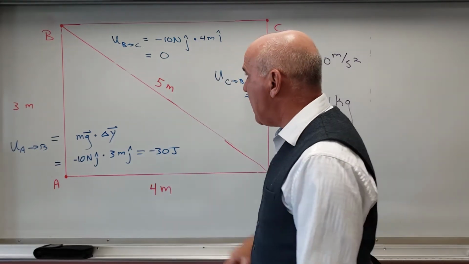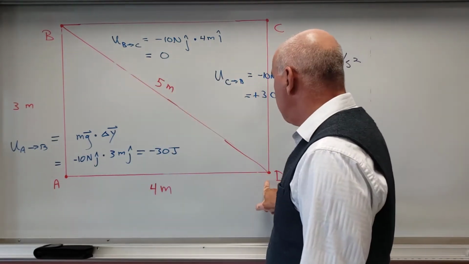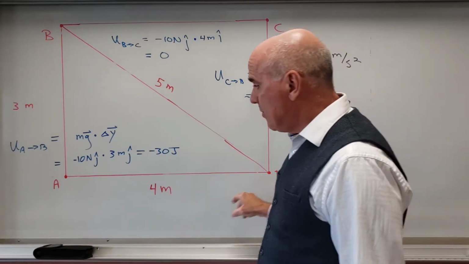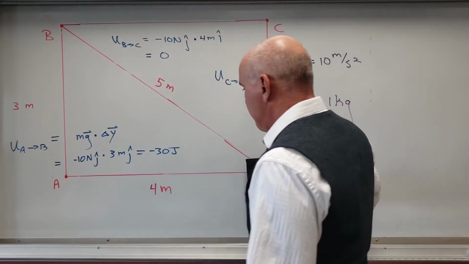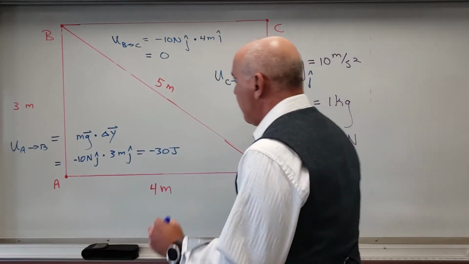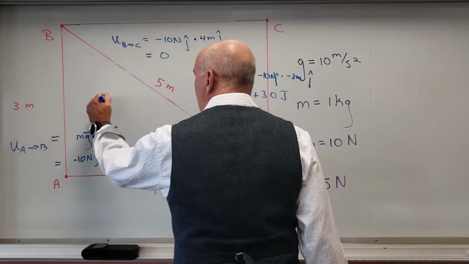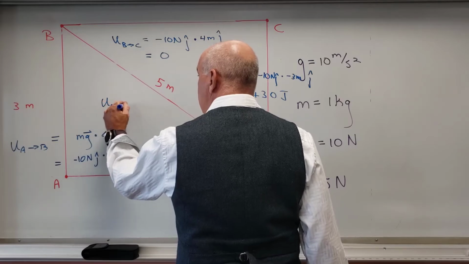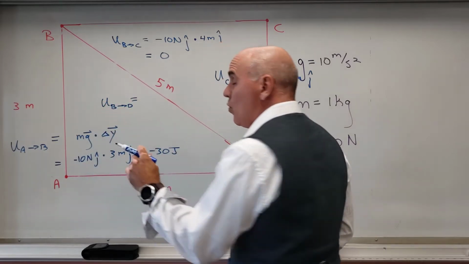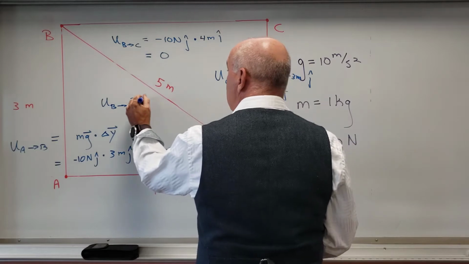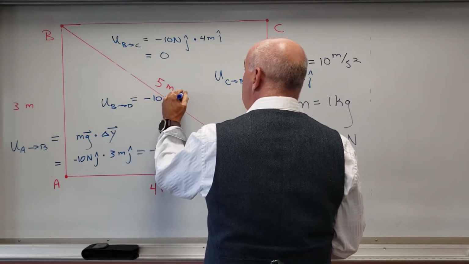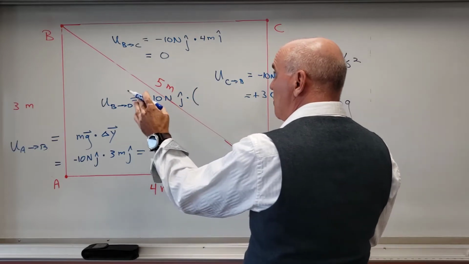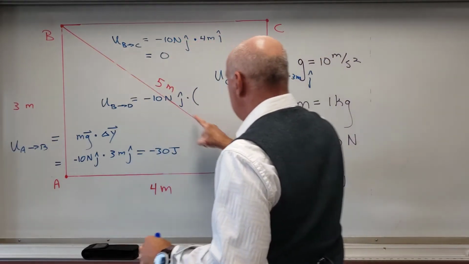Let's do one more path. Let's do the path from B to D, right? The path from B to D. So I'm going to move the object from B over here to D, okay? And when I do that, the work done by gravity from B to D is going to equal negative 10 newtons in the j hat direction, dotted with, this is a vector quantity, this is going to be